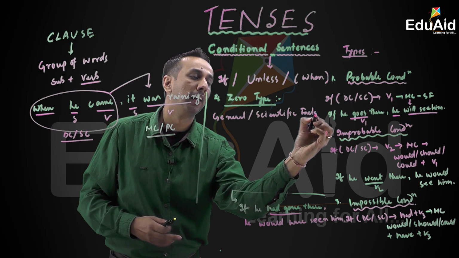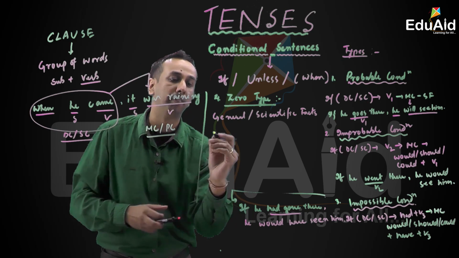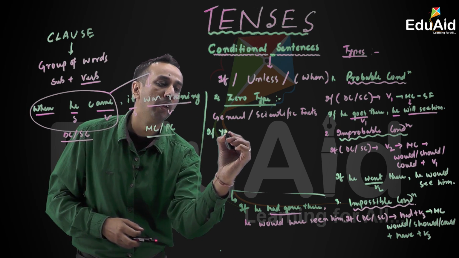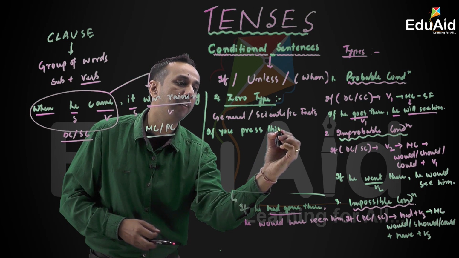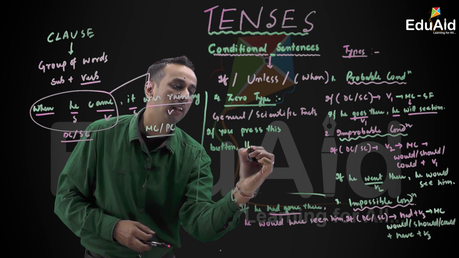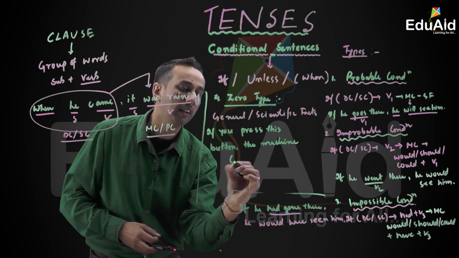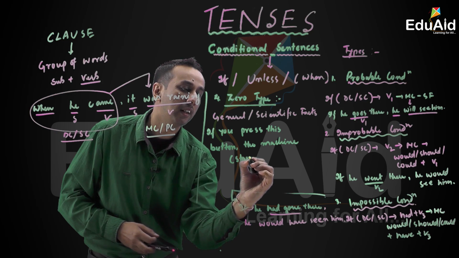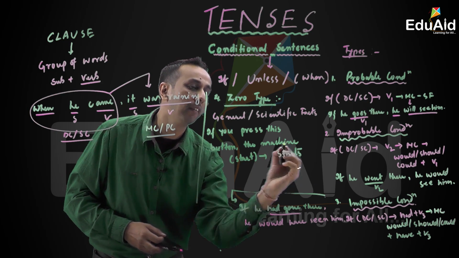For example, if you press this button, the machine starts. If you press the button, the machine, if a start is given, the answer should be starts. It can be will start,